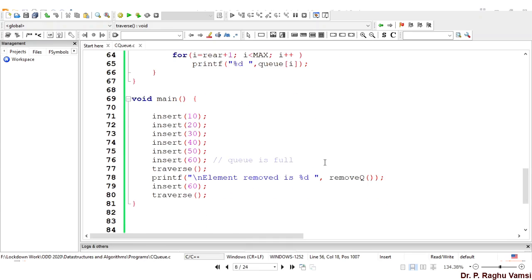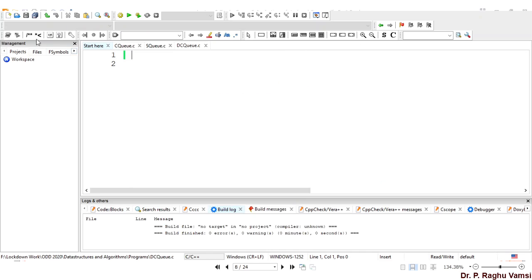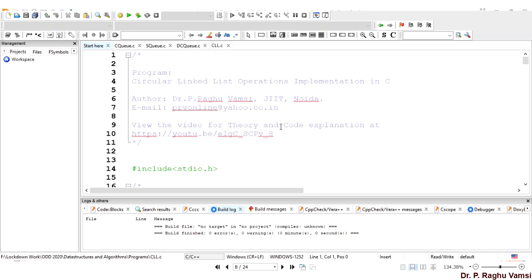So this is the circular queue implementation in the static way. Now we will move on to the circular queue implementation in the dynamic way. I will take the help of the circular linked list.